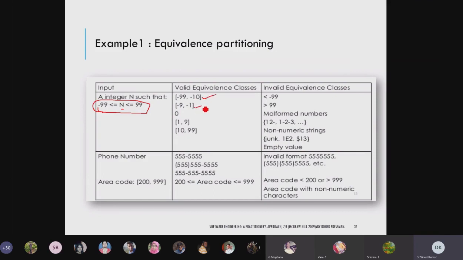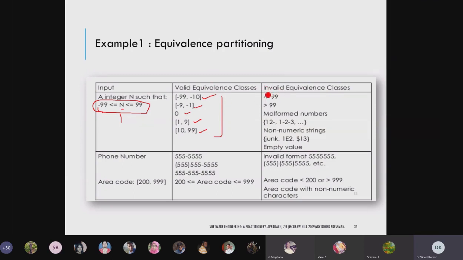This one, 0, then 1 to 9, and 10 to 99. These are disjoint but belong to the same category. They follow the same relation and the same conditions. That's why we call them equivalence classes. So these equivalence classes we have created.